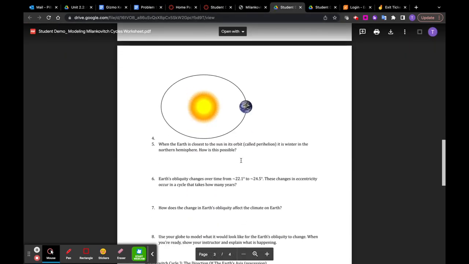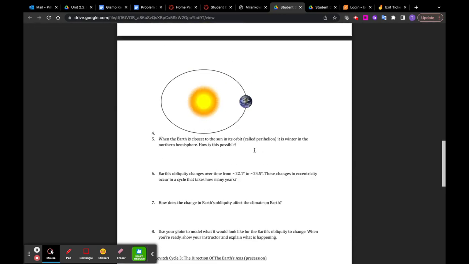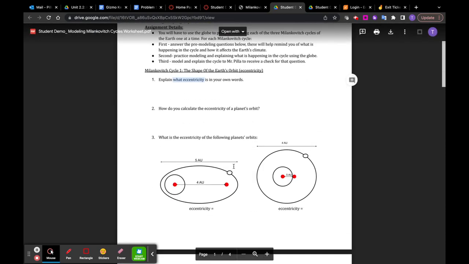So the other one I'm really going to help you on, because it's been a while, is this one. The formula for calculating the eccentricity of an orbit is you take the distance between the focal points, which would be this distance, and you take the distance of the whole orbit, the width of the whole orbit. I believe they use C and A for this, but I'll just say F and O. And so you're going to divide